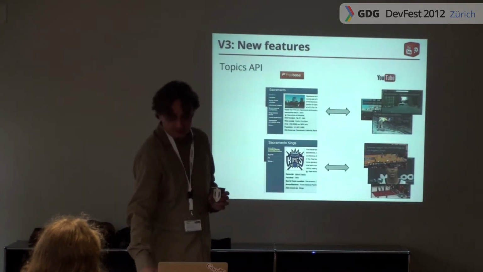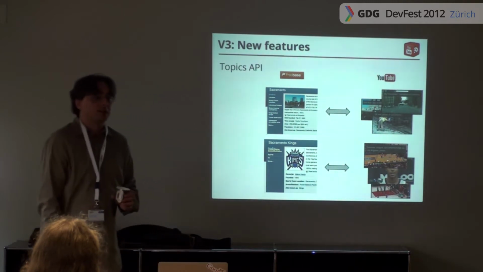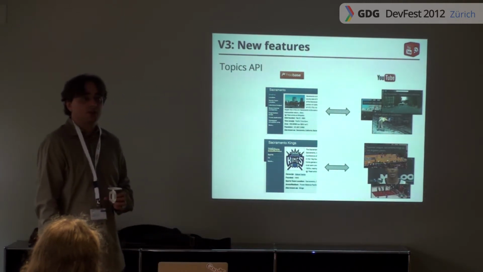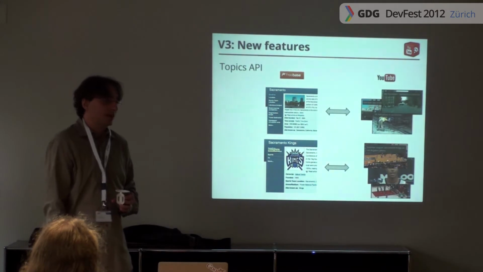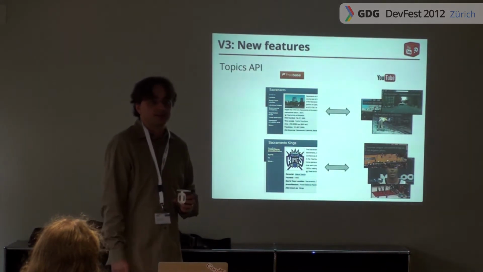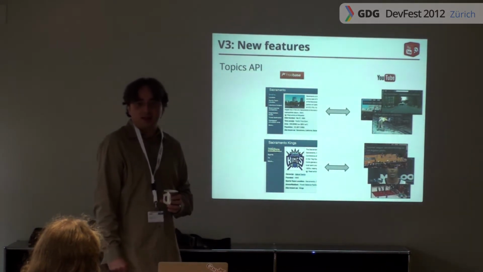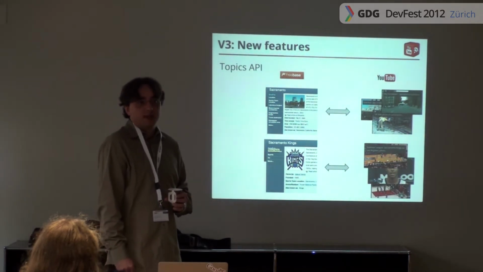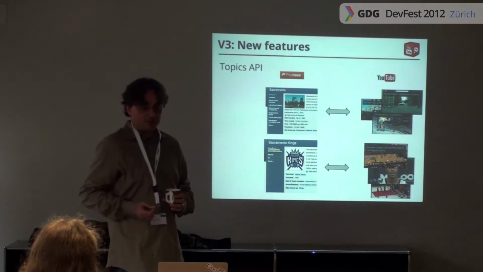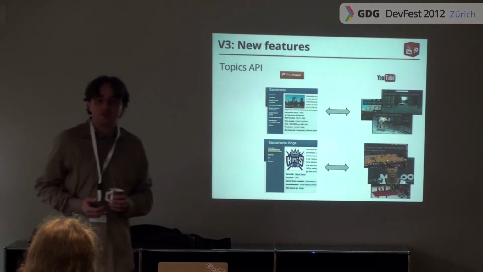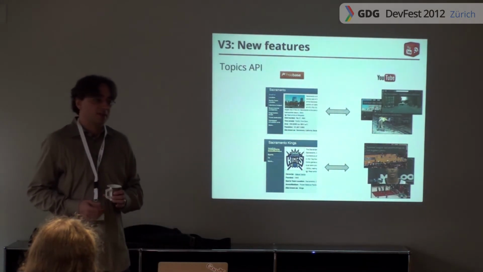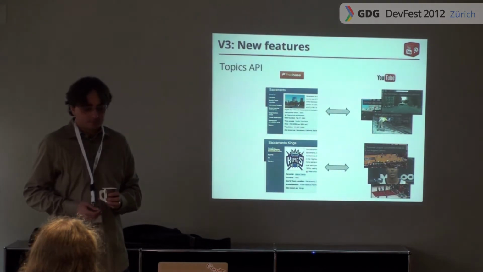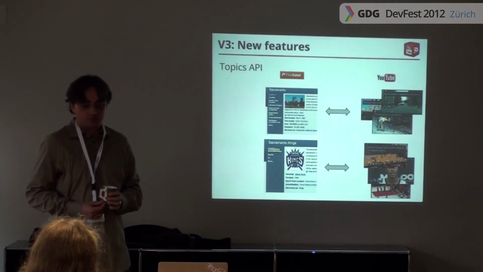Okay, now I'd like to jump into V3. Our YouTube API is relatively old, it's 6 years old. We lived with version 1 and version 2 for a very long time. And since we have this deprecation policy that we cannot change the interface, that somehow blocked us from doing a lot of changes to the interface that we wanted to do.